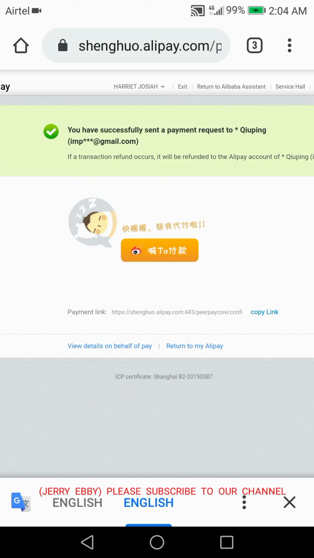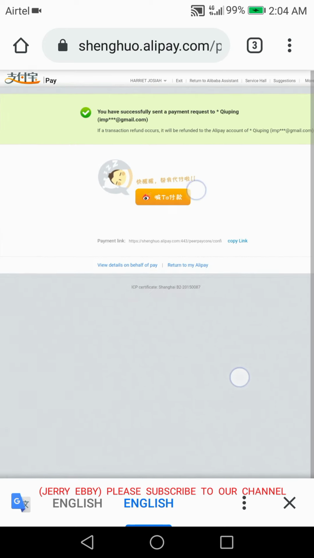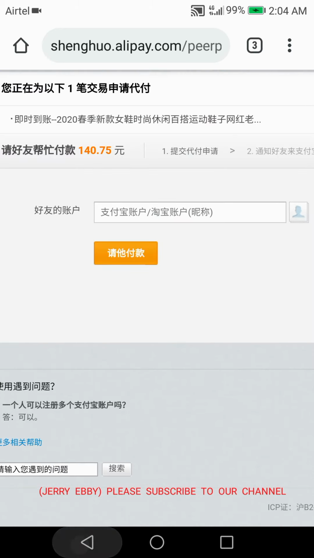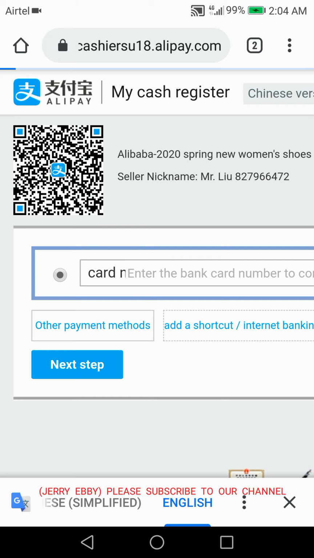Once your friend pays, it will automatically reflect on your account that he or she has paid for you. It will move from your pending payment to be delivered. What they are also trying to tell you here is that in case the seller didn't ship out and you apply for a refund, the money will directly go back to your friend's account, not your Alipay, because you didn't pay from your Alipay. The money will go back to where the payment was made. That is how you can buy directly on Alipay. Now after you might have done that, we can go back again. Let's say for example, we have other goods to buy also. We can go back to